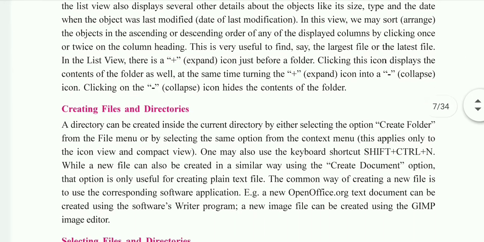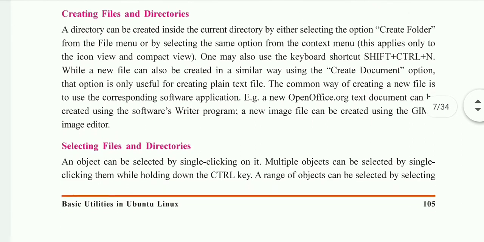Then after, the next topic is creating files and directories. Till now we have seen how we can open the files and directories, but now if you want to create your own new folder, and if you want to create a file, then how is it possible? First, to create the folder, you have to right click anywhere on the blank area, and from the context menu you can select the create folder option.